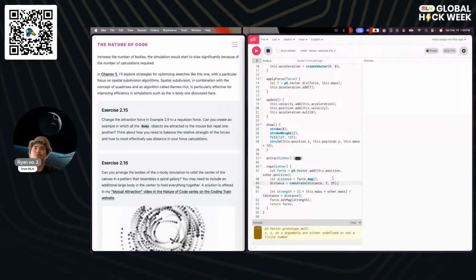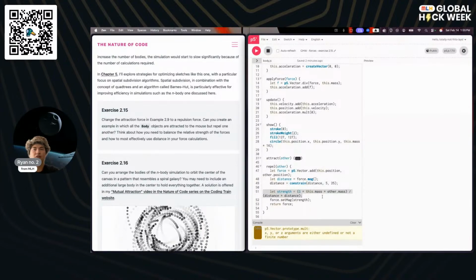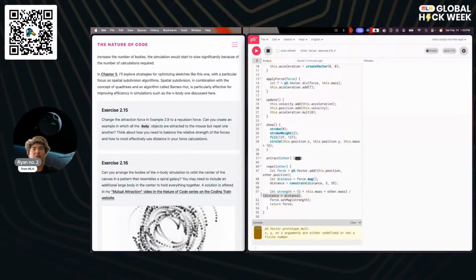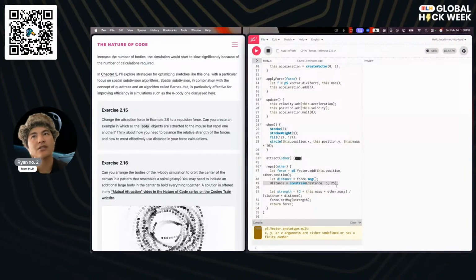Hmm. I'm assuming that the multiplication problem that we're having over here is because the strength ended up being an illegal number, but that's really weird because we have a constraint function right here to make sure that the distance isn't too weird.